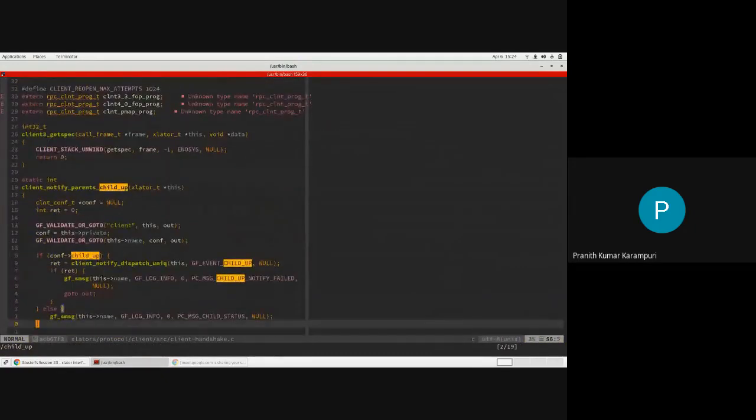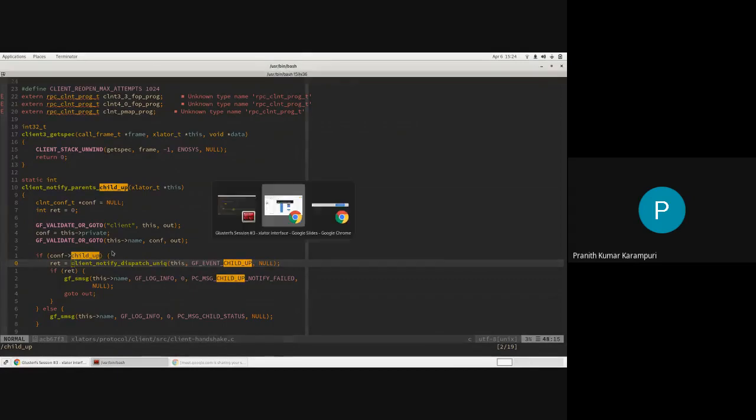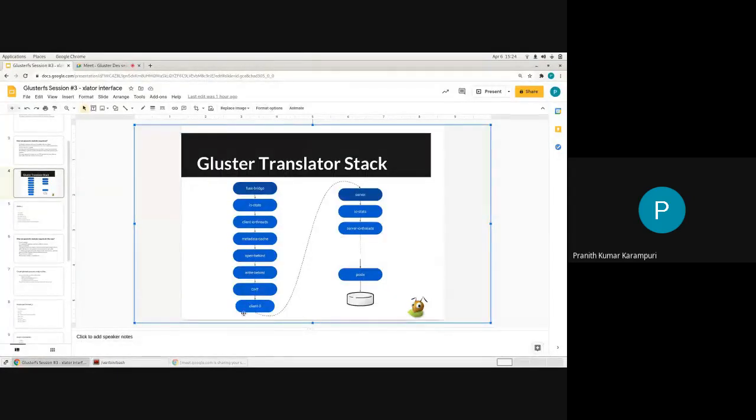So it will tell its parent that the child is up. So this one will percolate up, which is in the reverse direction of parent up. So this translator will tell its parent that it is up, and DHT will do some extra handling of the child up, and it will tell its parent that your child is up.